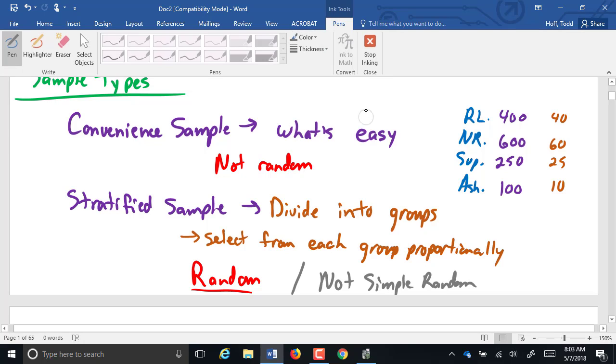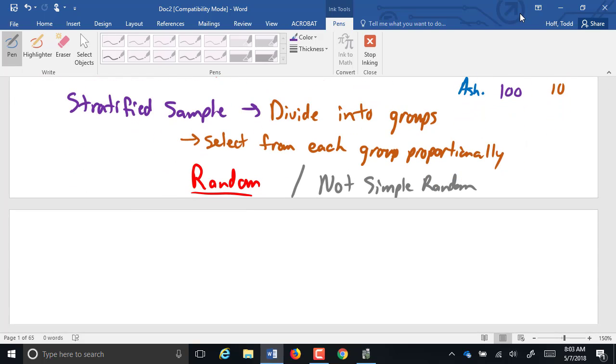This does happen in manufacturing a lot, stratified sampling, where you divide up different parts of the day, and you want to make sure you get a certain number of test samples from different times of the day, or maybe different operators on the same machine if they rotate during lunch and breaks and stuff like that. So you want to make sure that you select from each of those sections.